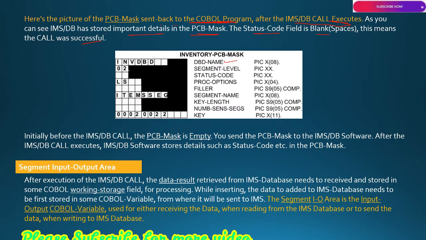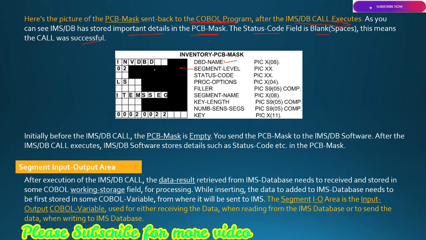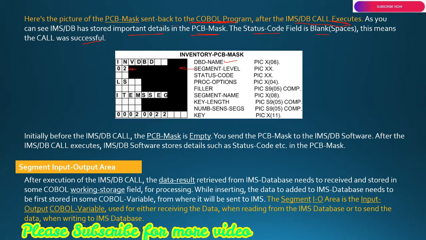Then we have the segment level, meaning the lowest level we have processed in our processing. It records that and writes it in the segment level, here the second level. Next is the status code, which is blank, meaning it has inserted the segment, the new entry, into the database successfully.